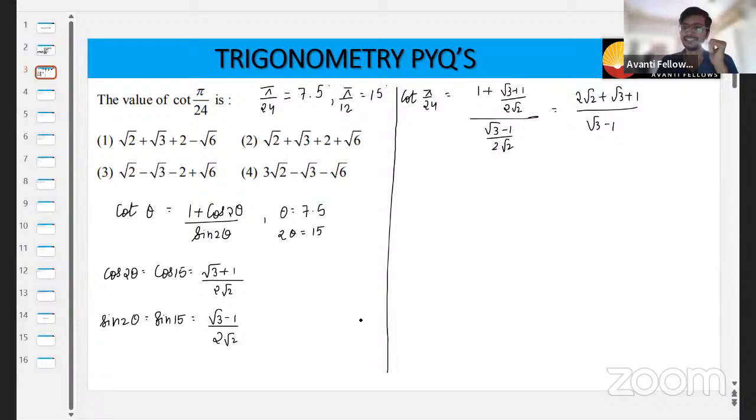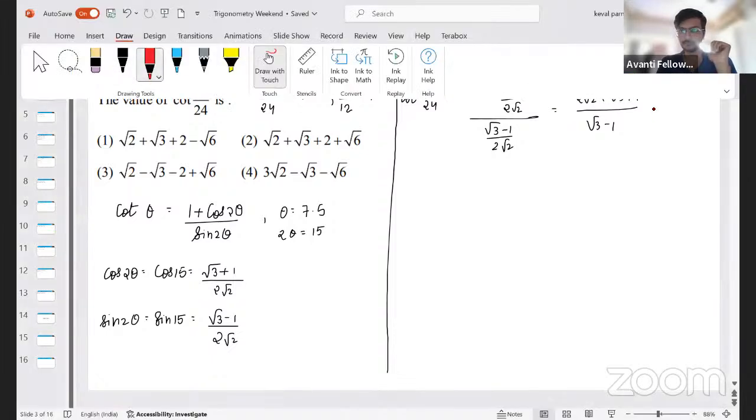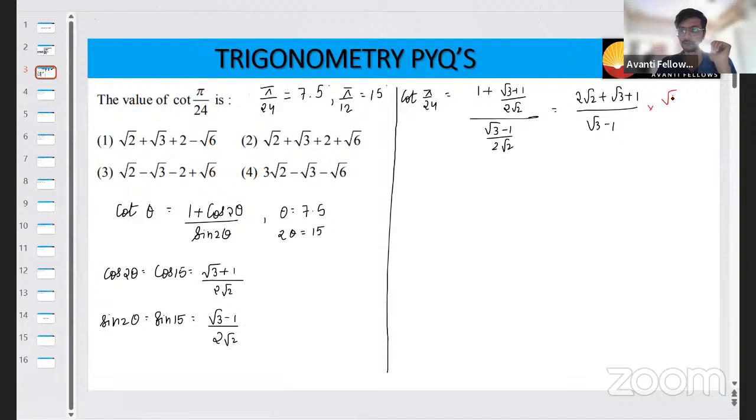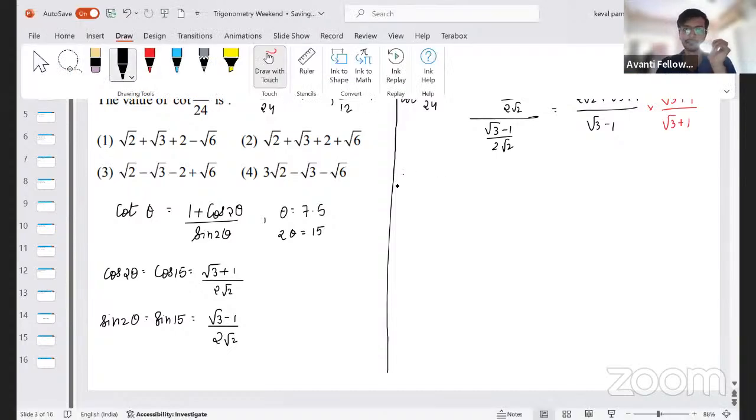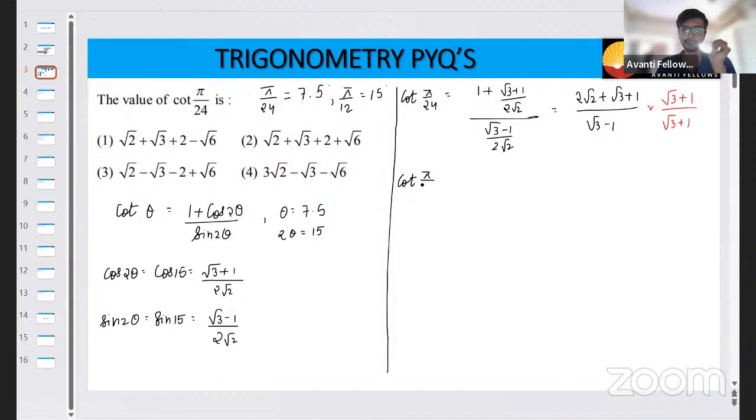Yeah, sorry, it's fine. Let's see. Now we have to rationalize it. To rationalize it, we multiply and divide by the conjugate, so root 3 plus 1 upon root 3 plus 1. Once we multiply and divide, I think I'll get cot pi by 24 as